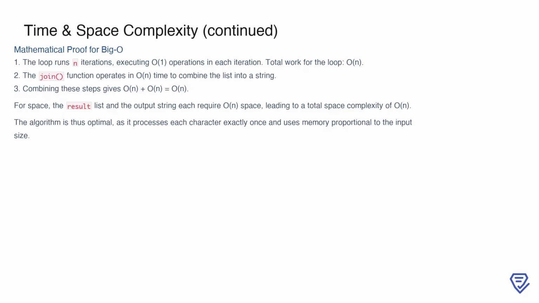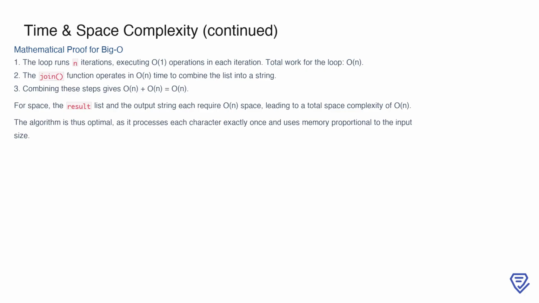the overall time complexity. For space complexity, the result list and the output string each require O(n) space, while temporary variables use O(1) space. Adding these together yields a total space complexity of O(n). This demonstrates that the algorithm is optimal, as it processes each character only once and uses memory proportional to the